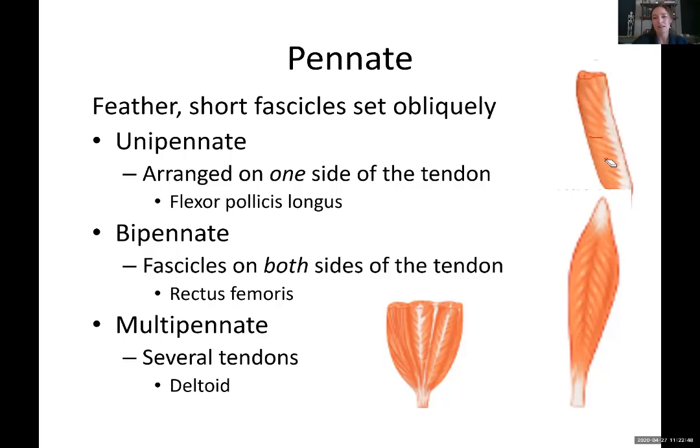It's arranged a lot like a feather. So the main stem, I don't even know what you call it on a feather, that would be the tendon, and you have smaller sections of muscle radiate off from there. So that's a pennate. These are less important for the purpose of our class, but something that you need to